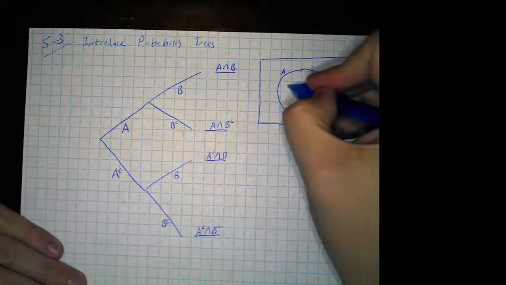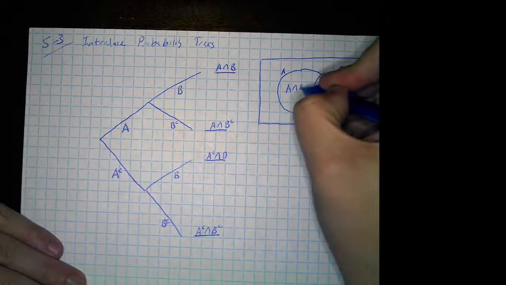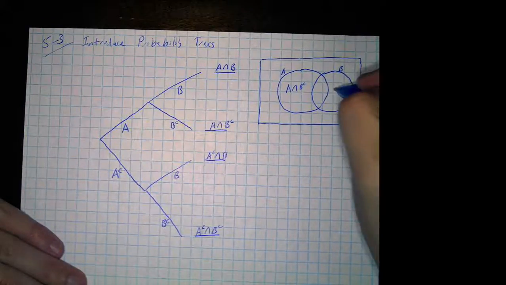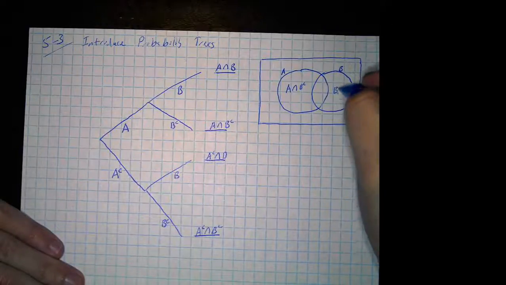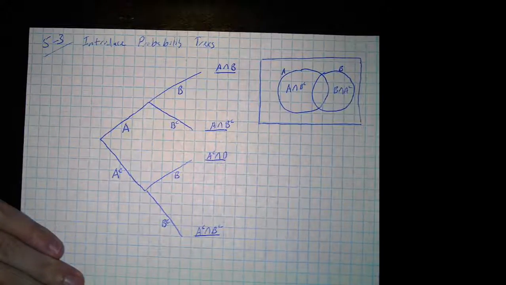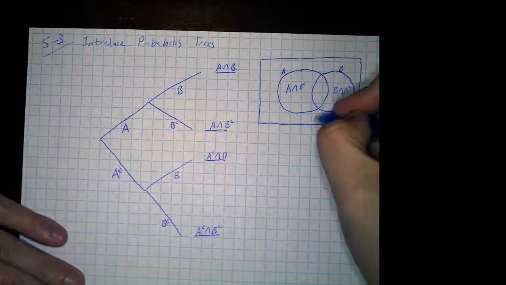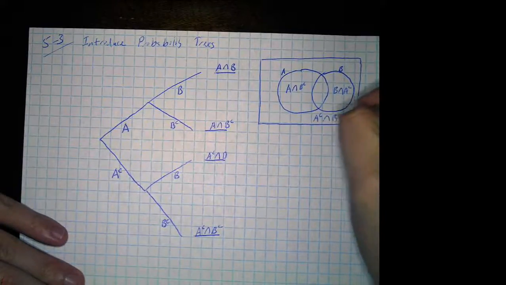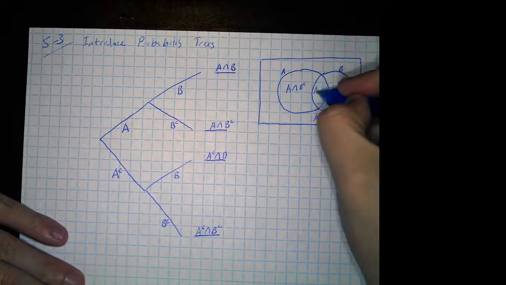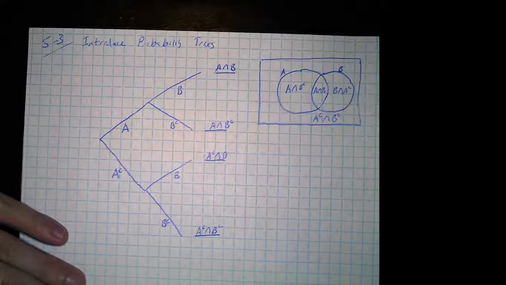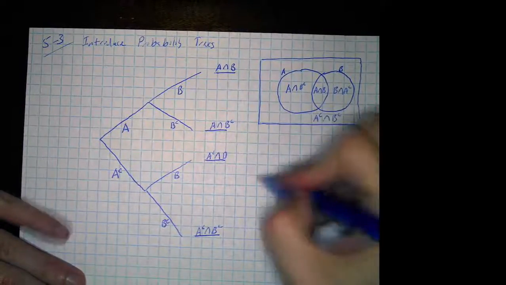So this right here would be A and not B, right? This would be B, whoops, not A. Yeah, and not A, but usually we'd flip-flop it. I messed up. On the outside, we have A didn't happen and B didn't happen, and we have A and B. So, there you go. It's pretty neat that you can put all that in a Venn diagram if you want.